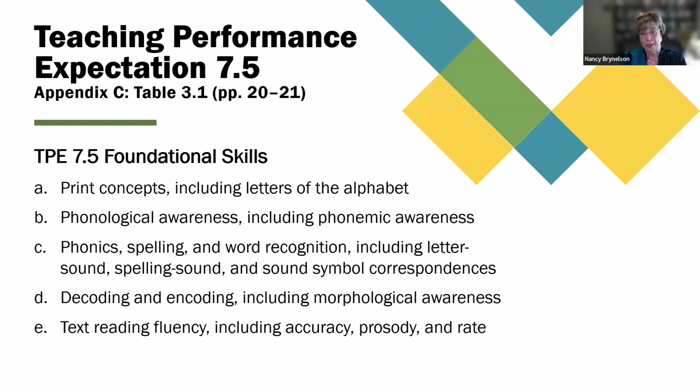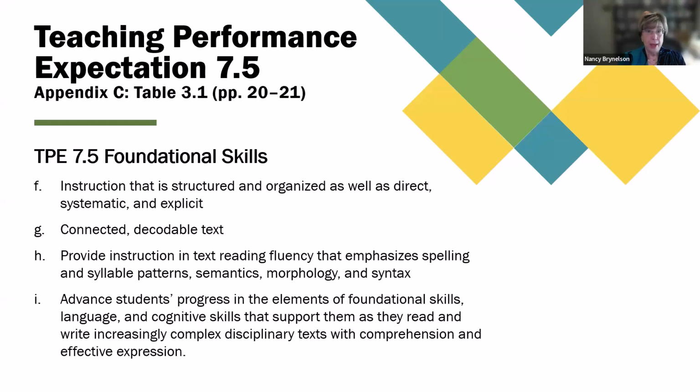And eventually, as they move into advanced decoding and word recognition and advanced writing, how all of this moves along a continuum. Text reading fluency, including, as we discussed, accuracy, including automaticity, prosody, or intonation, and rate. So where is that within your program? And then